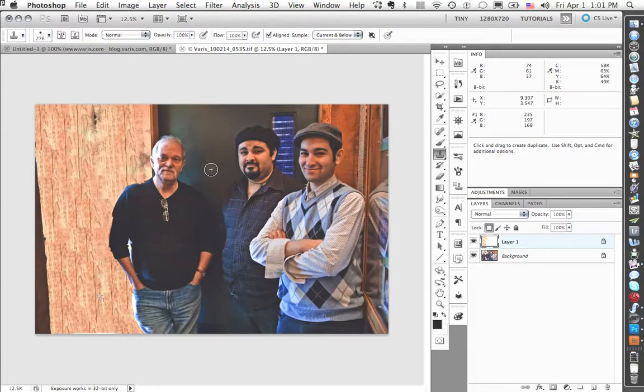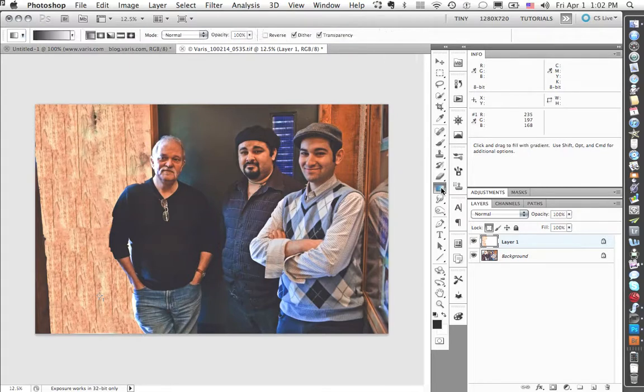Now, instead of just stopping here, I'm actually going to finish this image off and show you a couple of other interesting techniques that you can use. I want to affect the lighting of this area. This wood paneling here is too bright, and it's taking your eye away from the three figures. And we're going to use it for text in a minute. But let's first